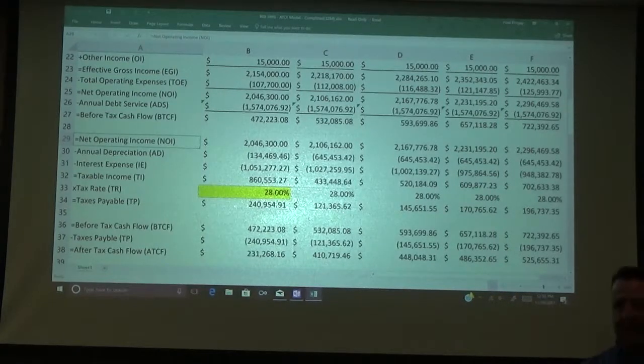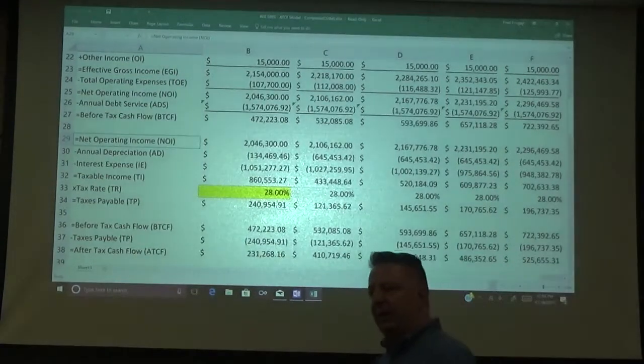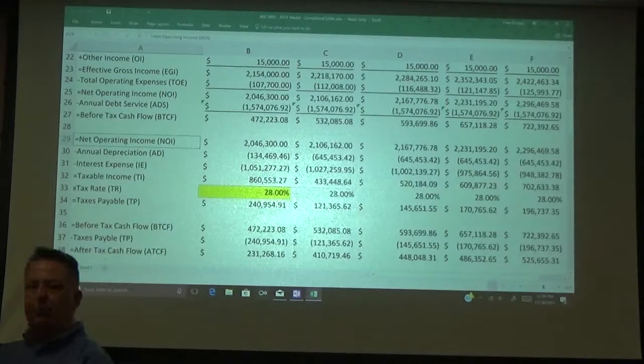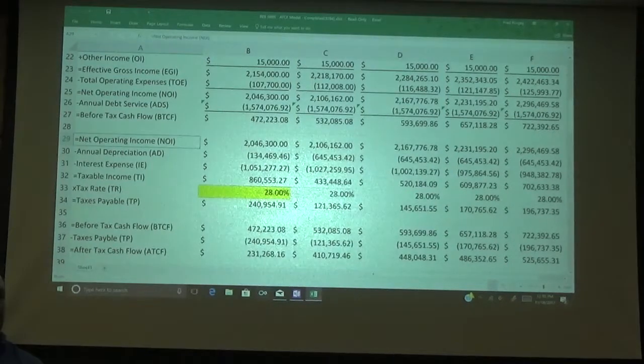As boring as they may be, all of a sudden a change in tax policy makes your property unprofitable or makes it more profitable. So instead of just sitting back and not thinking about this, it's one of those things that can have huge implications on the income that you